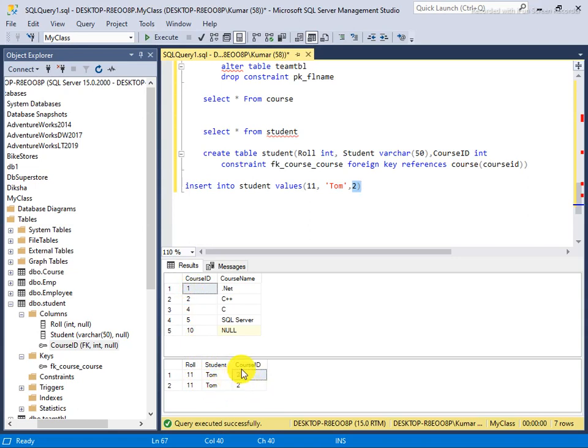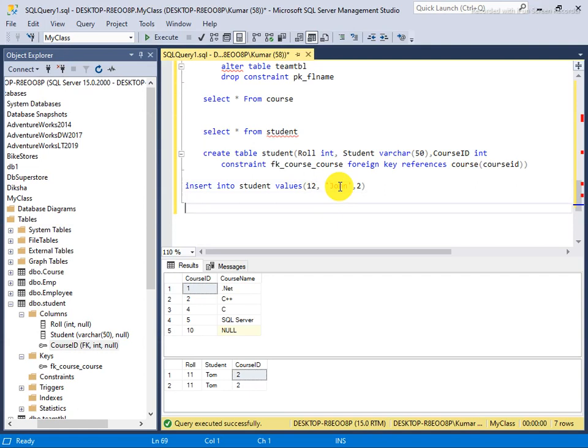So the concept of making a primary foreign key is a little bit technical. Suppose you are writing a course name directly, like here Tom is enrolled for C++. Again, like if I say John, I make some data this.